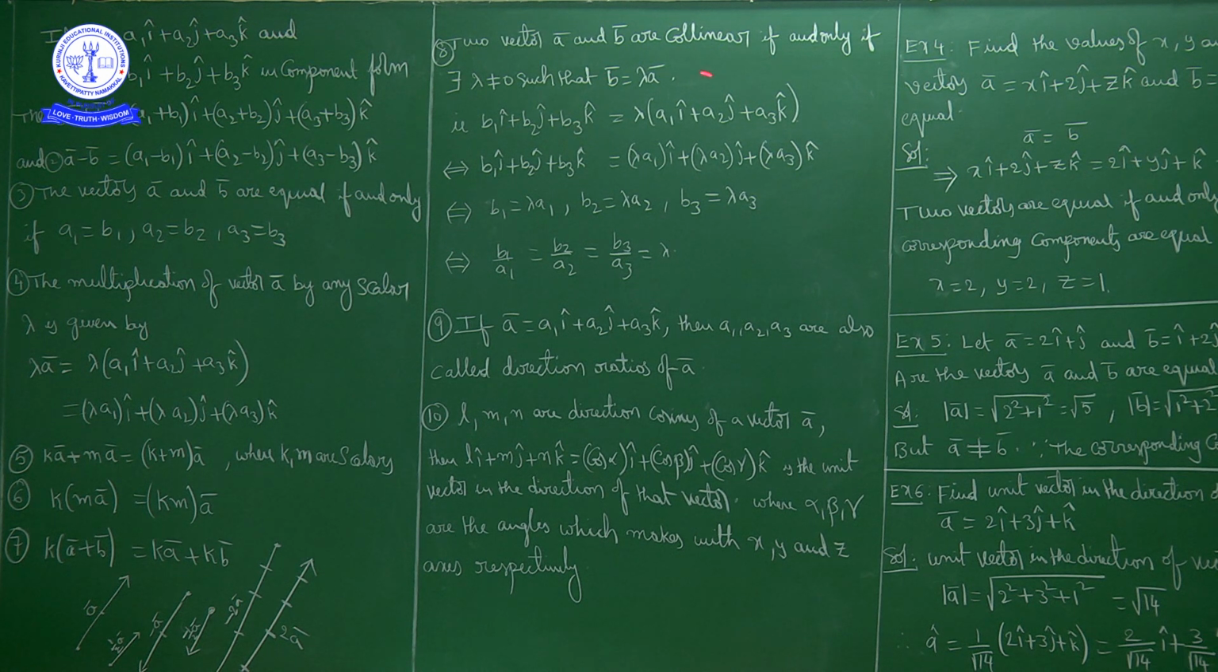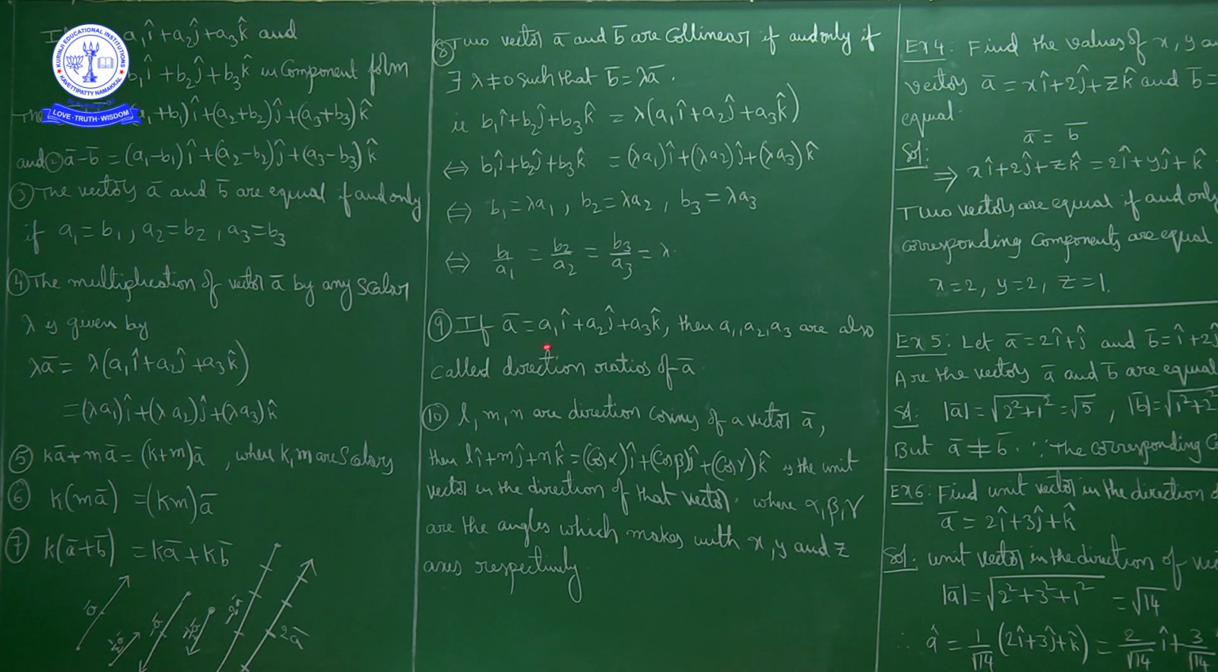If the quotients of the corresponding components of the two vectors are equal, then the two vectors are collinear. Simply, two vectors are collinear if one vector is some scalar multiple of the other vector, where that scalar is non-zero. Okay. Next,